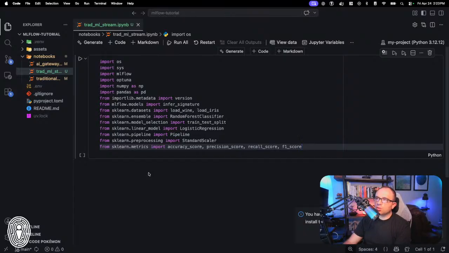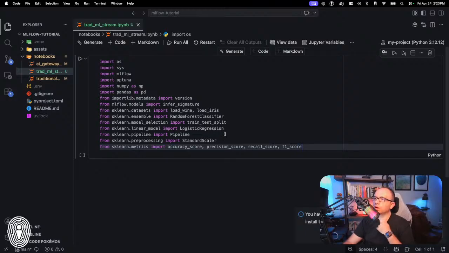And then the other data set that we're going to be using is the wine data set. And I guess if I'm being honest, I really don't remember anything about the wine data set. And again, it kind of doesn't matter for today's purposes. We're just trying to demonstrate how MLflow expects things.